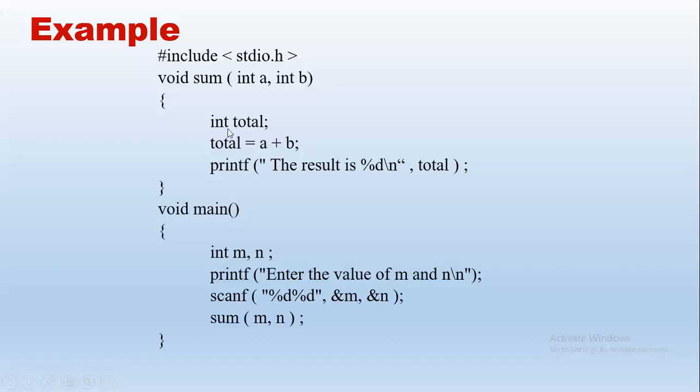Since the return type is void, nothing is returned back, but we need to know the answer. We will print it here. So in void sum, we are printing the result here, and then control returns back. After that, if we have any statement, it executes. Otherwise, the program completes. So this is an example for function with arguments and no return type.